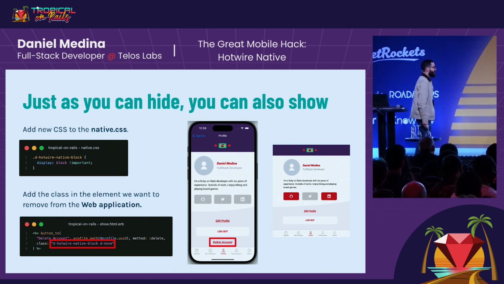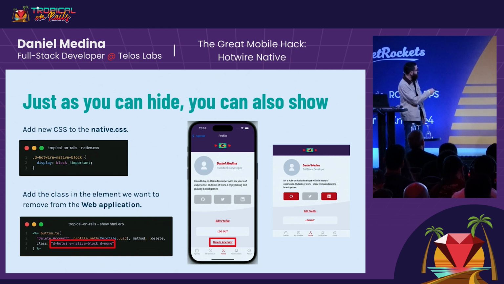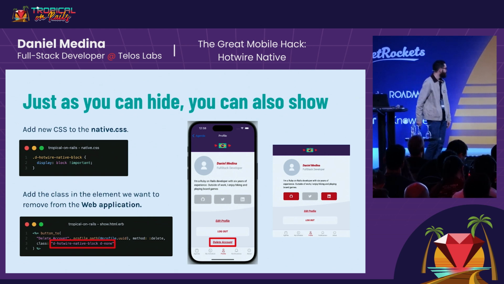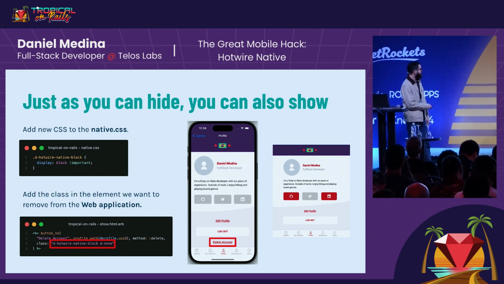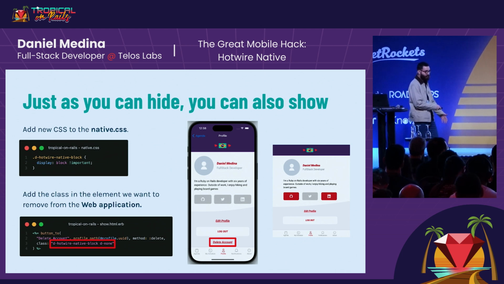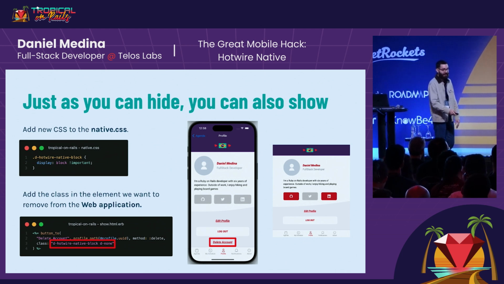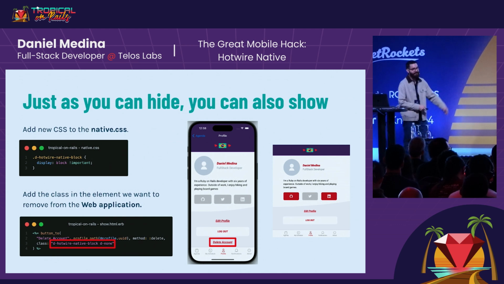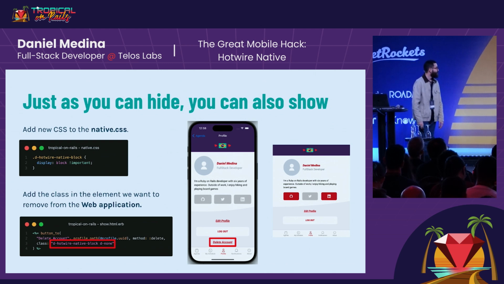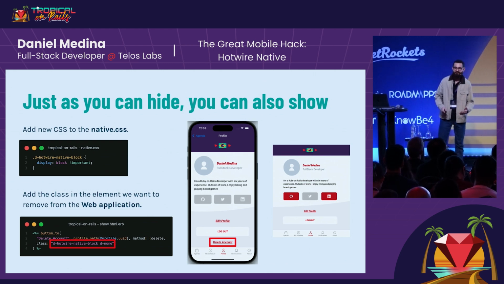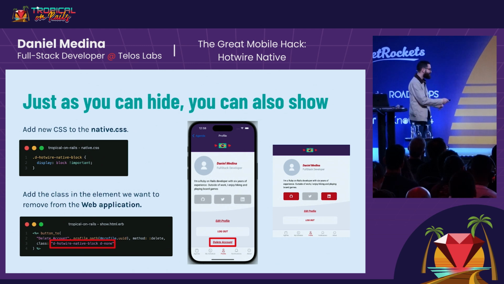Well, the same way, as you can guess. I added this CSS class to the same native file we recently created. And I added it to the element I want to show. Of course, I had to add the display none, because we don't want it in the website, but we do want it in the iOS app. So yeah, very straightforward. So now with each step, we're having a better version of our application.